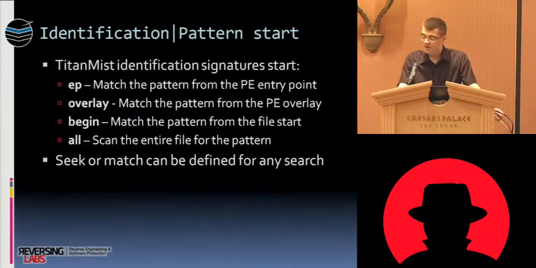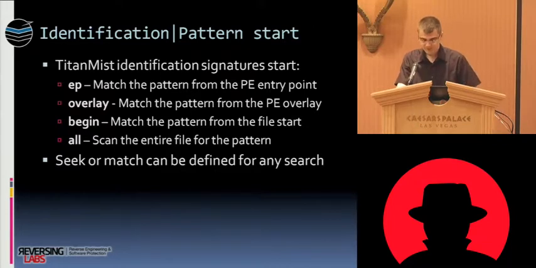So the identification can start from the entry point, and these are the default settings listed. For the entry point, the default is match a pattern. For the overlay, it's match a pattern as well. For the beginning of the file, it's also matching. But you also have a switch that enables you to scan the entire file for the selected pattern. Now, since these are the default values, they can be overwritten. So each and every one of these patterns can be switched to seek, which means just search for the pattern